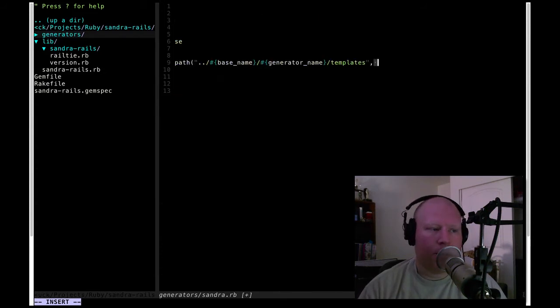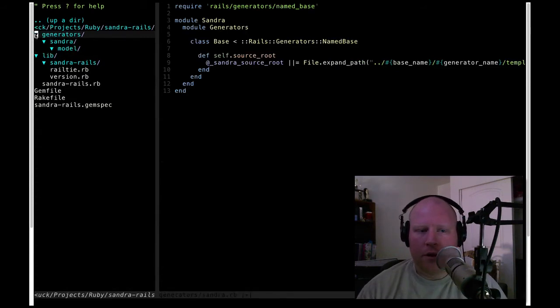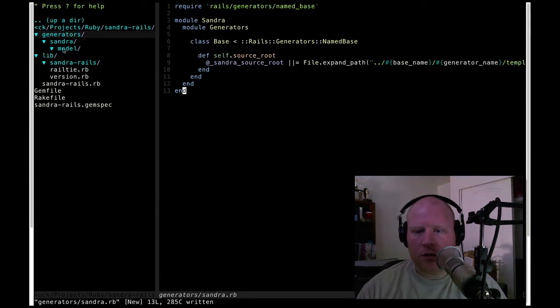We're going to add templates, and we're going to expand our own file. So that's the current location. So from here, what it'll do is it goes, let's go ahead and save this. So anyway, it lives just under generators, so it'll take the file name off, and so it'll be in generators, and then it goes Sandra model, and then it opens up the model. So